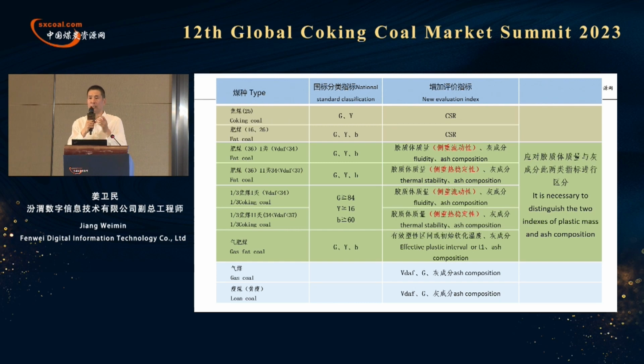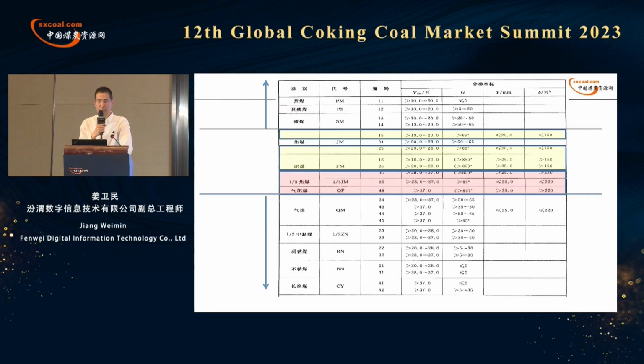We have a volatile matter between 28 and 34, then you have to ensure volatility. So you have to pay attention to how sealed the coal is. In terms of gas-fed coal, we mainly look at the effective plastic interval or T1, as well as ash composition. This is the basic evaluation principle,